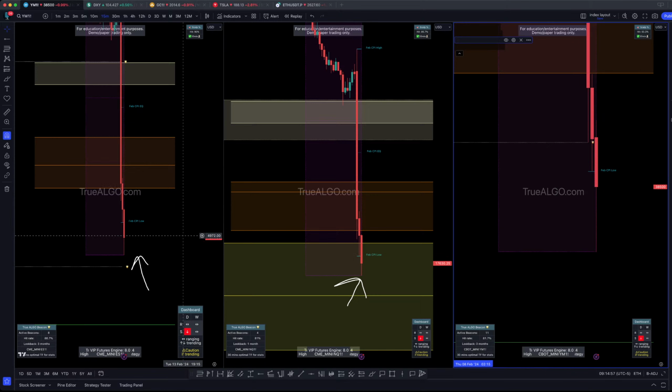And just showing you guys again, man, think about how big this move is now. That's 10 handles. That's 40 ticks so far, just on the next two candles predicted from True Algo on the ES. Even if you miss the CPI setup, that's 40 ticks. Most people on, there goes another new low. Most people on average are trying to get 10 to 20 ticks out of them a single day. There's 40 on one candle. Again, we will continue to go lower until you get a bullish candle close above the box.